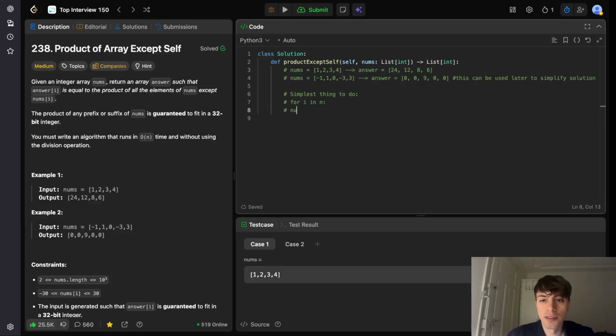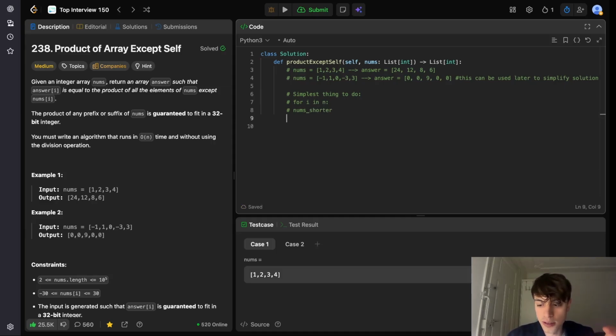Right, so we have nums shorter, which is basically nums without that value, and then you initialize another. Then you say for num in nums shorter, and then you say something like